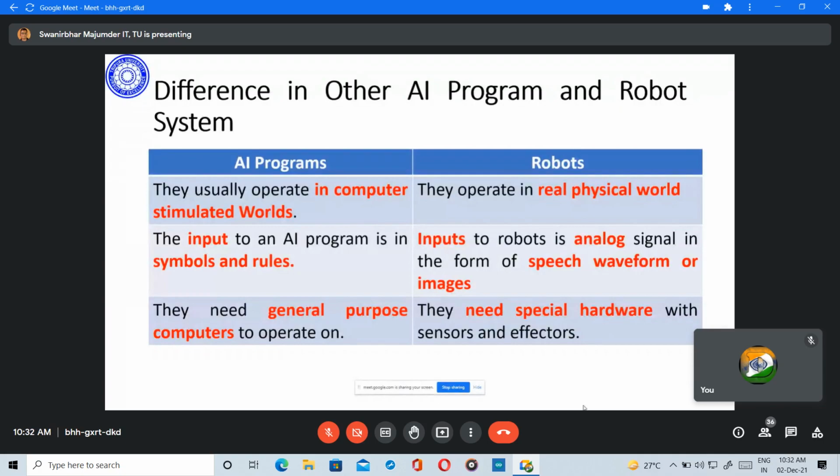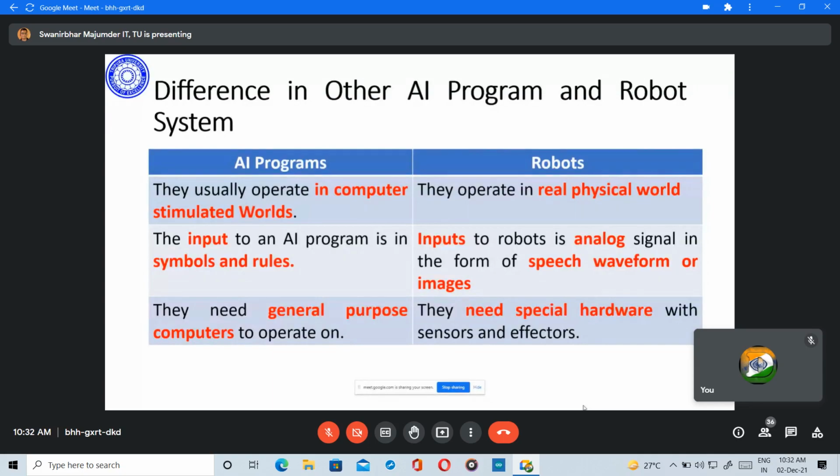You don't need much hardware there. Now in AI, you give symbols and rules as input. Here the difference is that for the robots you will instruct something, or if it has a camera fitted with it, it will get the images or videos, and you apply computer vision and decide on the things. So you have a lot of programming to do, and moreover AI based programs have some algorithms